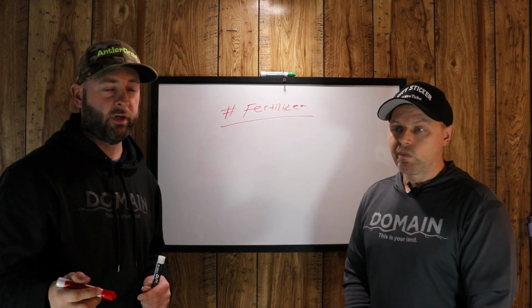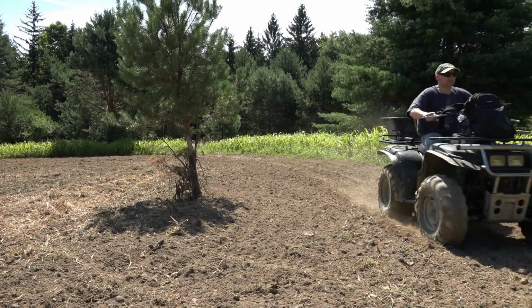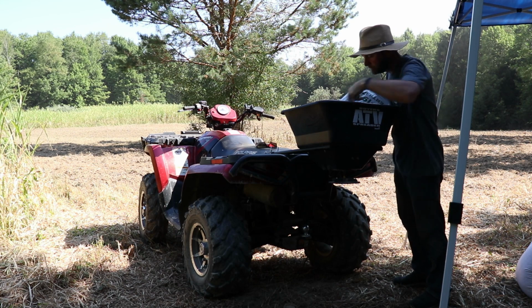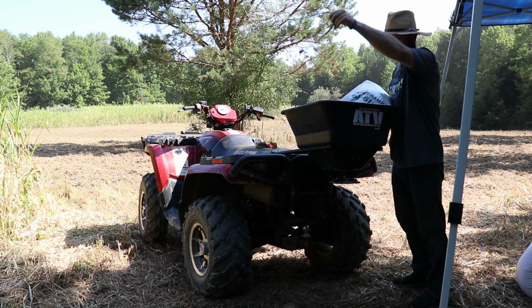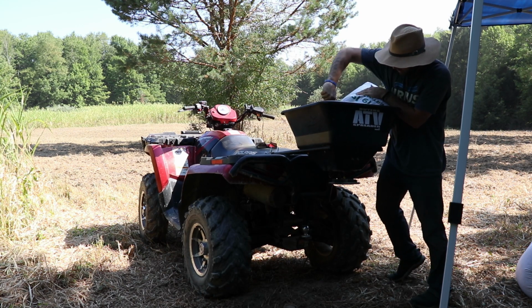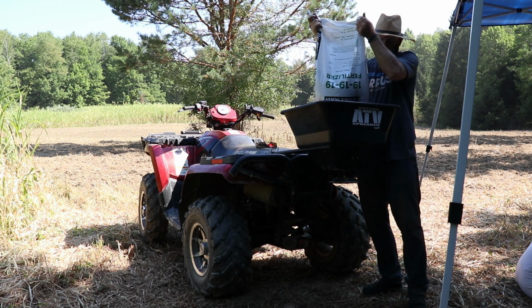When you get your soil samples, you can mark on there, say, I want to plant buckwheat on 1 acre. That soil sample is going to come back and give you a recommendation on your fertility levels. So say it calls for 300 pounds of triple 19,